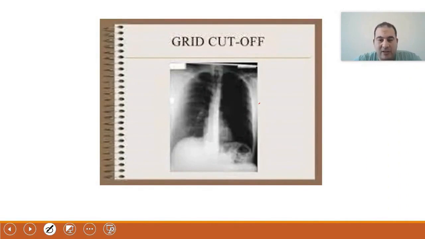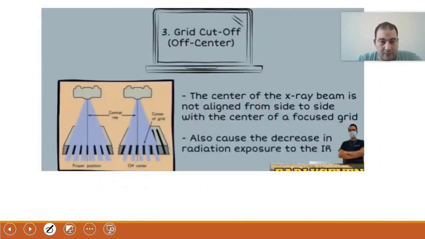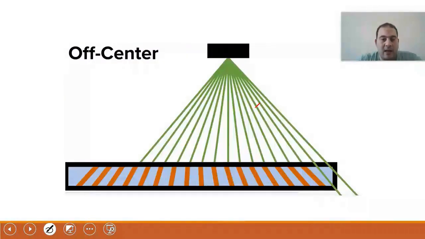If it moves, then the center of the beam is not the same as the center of the grid. This will also create an artifact that will result in a grid cutoff, and there will also be a part of your image where low radiation intensity will appear. Now, if this is off-center, what about